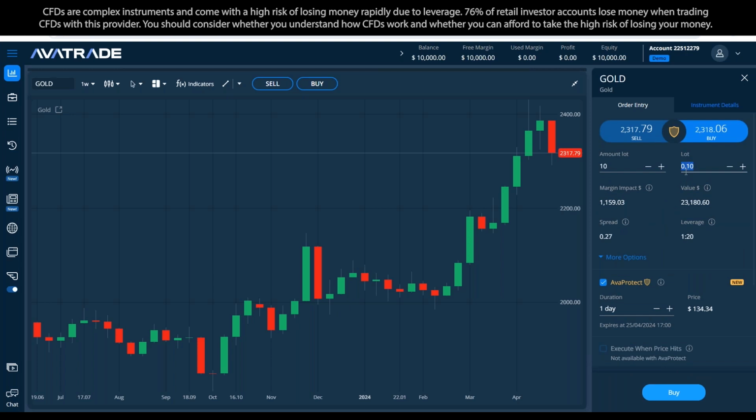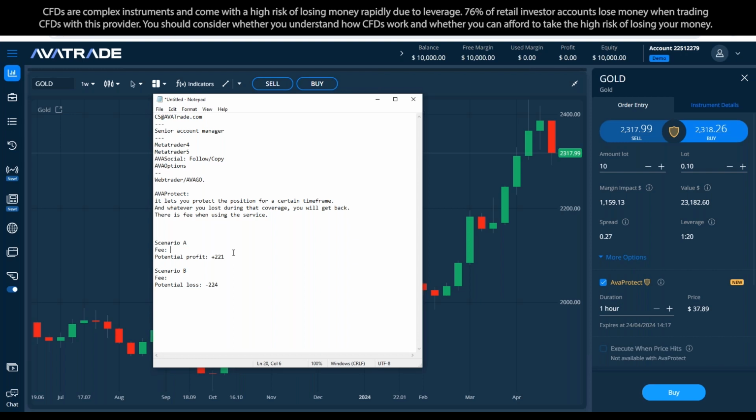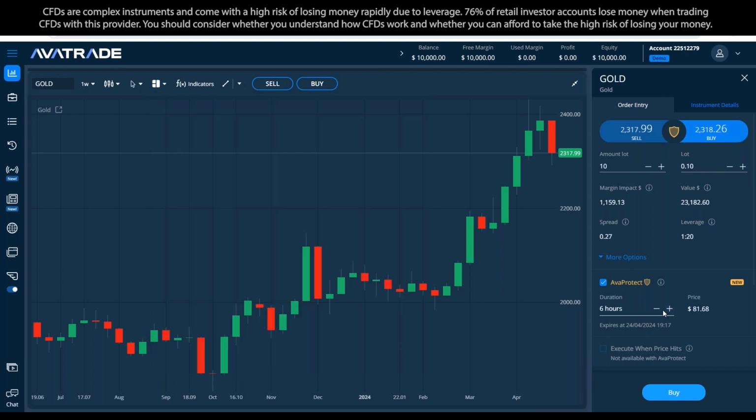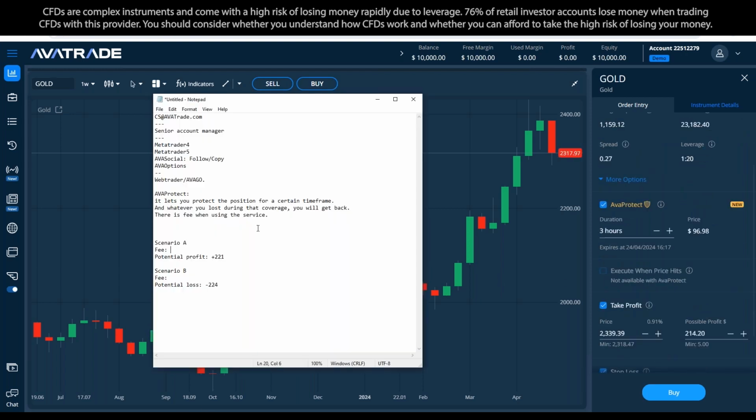So for instance, let me change it down to 0.01. Okay, so my fee is such, and if I increase it to 0.1, so this way, and one lot that way. I guess you understand the ratio of how it works. It's not really too crazy. Okay, and as I said, let's go for 3 hours. So we have 3 hours. That's going to cost us